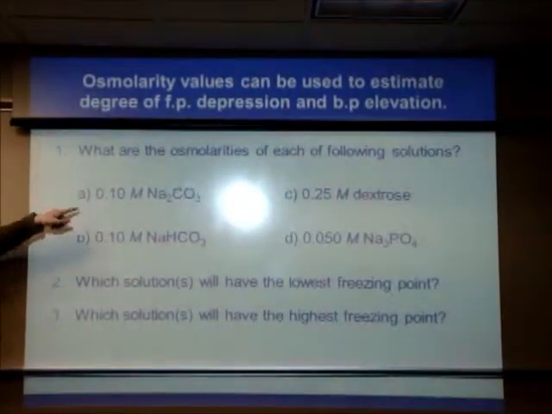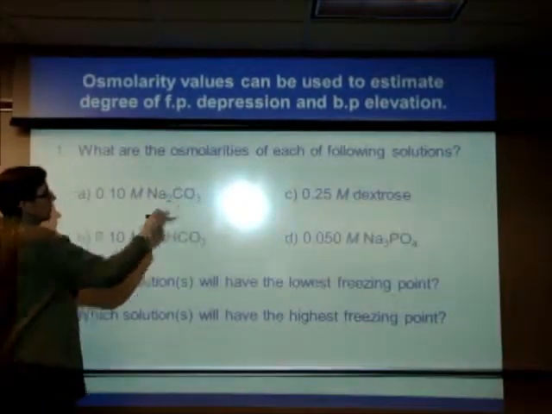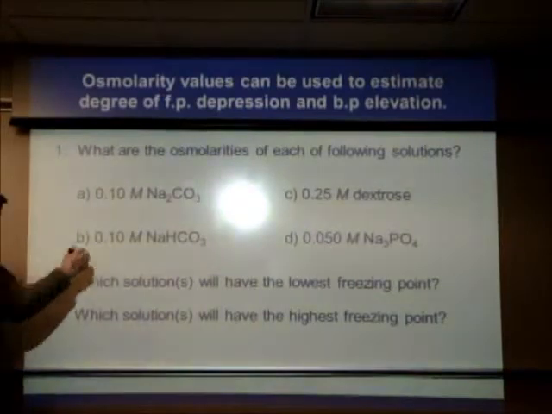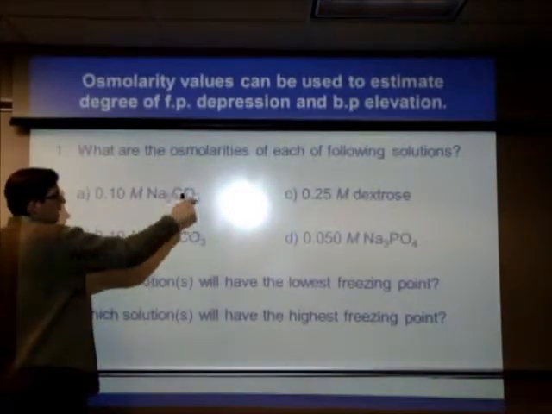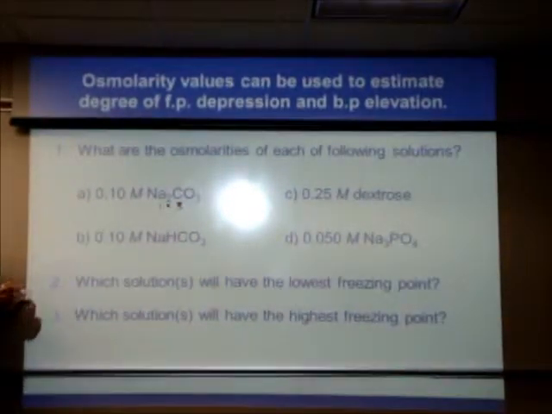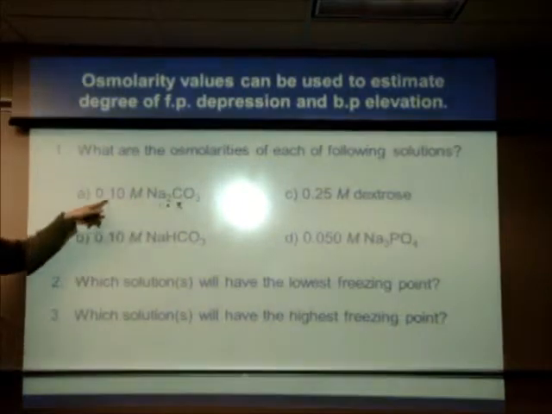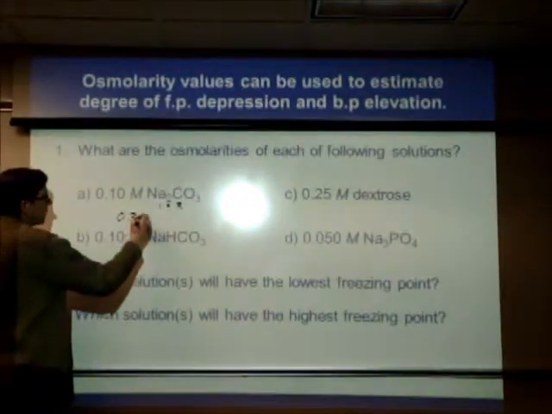I want you to calculate the osmolarity of each one of these. Now what you have to do is think about the number of particles you're going to get. So this is sodium carbonate. Sodium carbonate breaks down, you're going to get 2 sodiums and 1 carbonate. So i is going to equal 3 here. So with i equal to 3 times the 0.1, your osmolarity here is 0.3